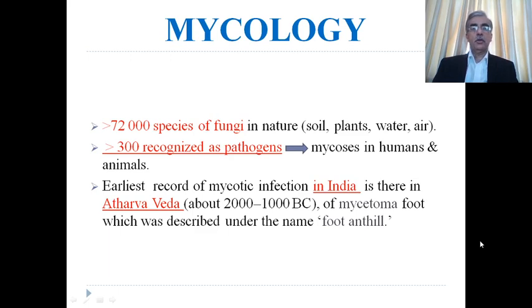First of all, we should know what is mycology. Mycology is a branch of science which deals with the study of fungal infections. Fungi in nature are omnipresent. More than 70,000 species are present in nature. They may be in the soil, on plants, in water and air. So the fungi are present in abundance in nature. And more than 300 recognized species are pathogenic, and these pathogenic species cause fungal diseases, that is mycosis, in